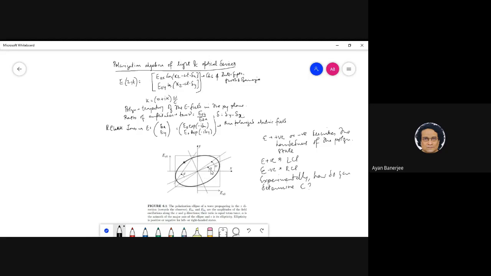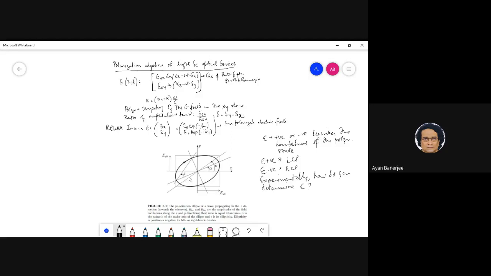Then what happens? This quarter wave plate will just rotate this ellipse, right? So it will basically project out. Obviously with Jones algebra, you can easily write this very simply, but you can check it out. If you have a quarter wave plate with its slow axis at an angle alpha with respect to the incident electric field, then that quarter wave plate will project this light to linearly polarized light with an angle of alpha plus epsilon.